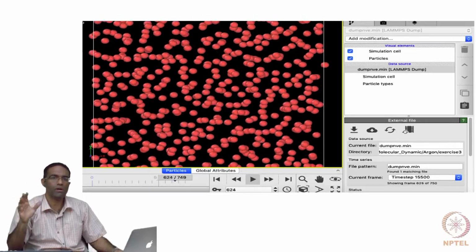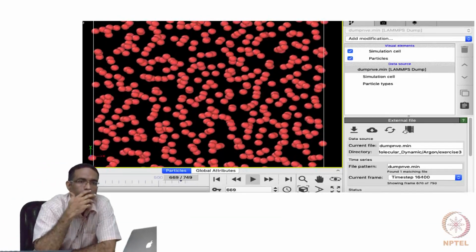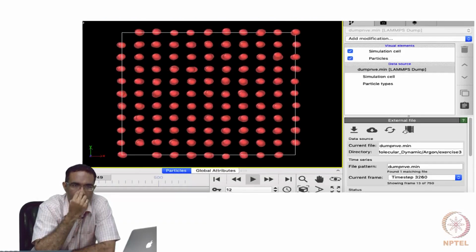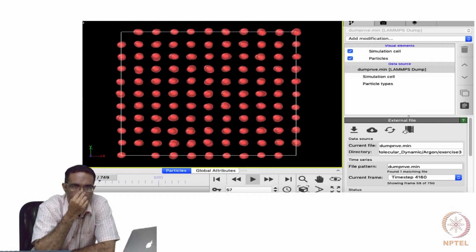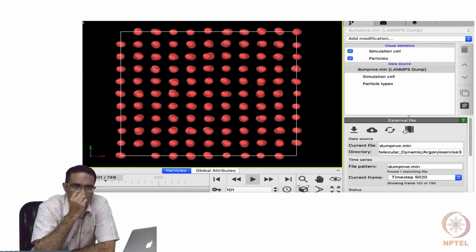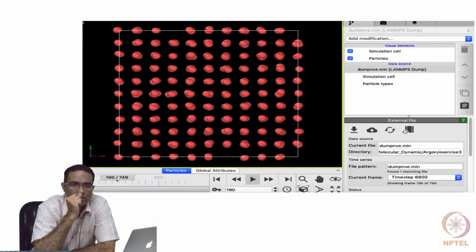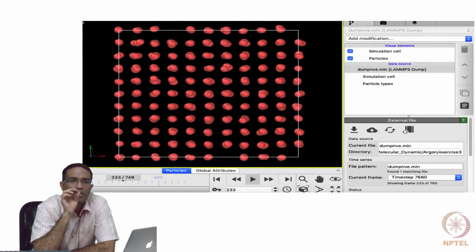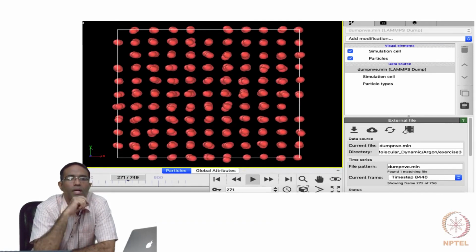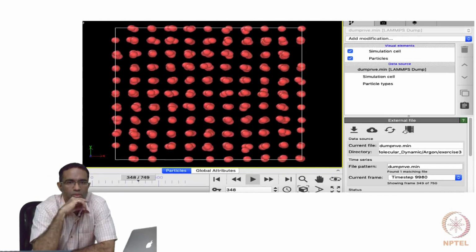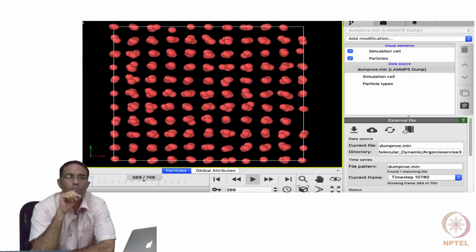Okay. In NVT simulation, N, V and T are remaining constant. Yes. N is the number of atoms, right? Yeah. In NPT simulation, N is constant, but pressure and temperature are changing. Okay. They are not changing. That's a good point. So in NPT, actually what you mentioned is right.